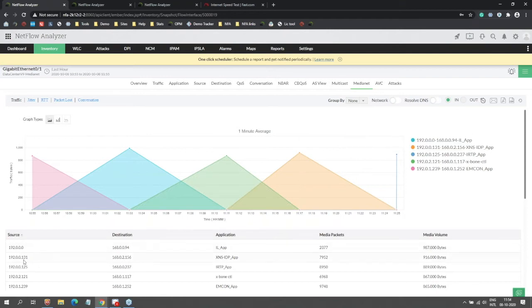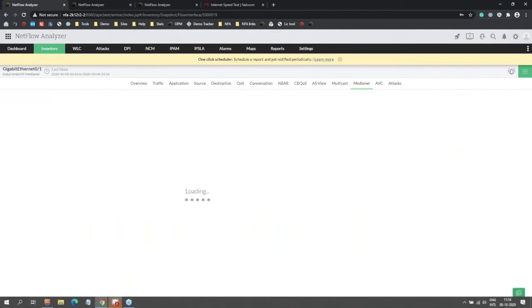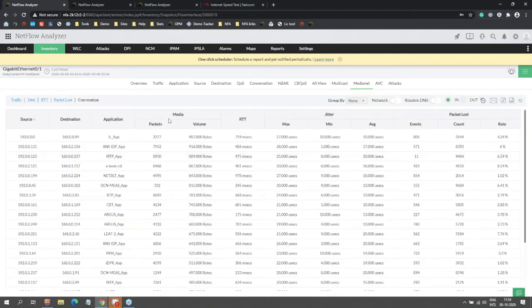You can see how many media packets have come up and the different round trip timing, jitter, and packet loss. Or if you want to see all under one roof, just go to the conversation. We'll show you this way: the media packets, the volume involved, round trip timing, jitter minimum, maximum, and average, and the packet loss. All of that under one roof.